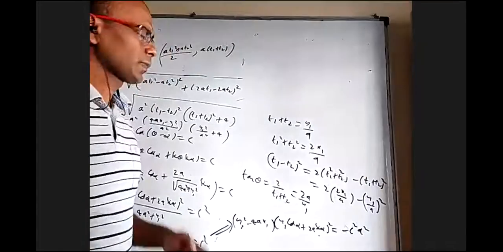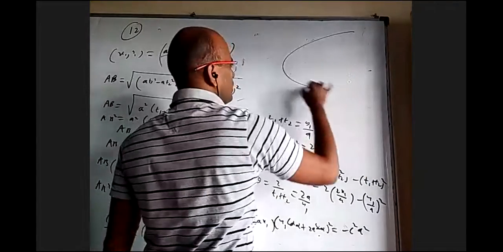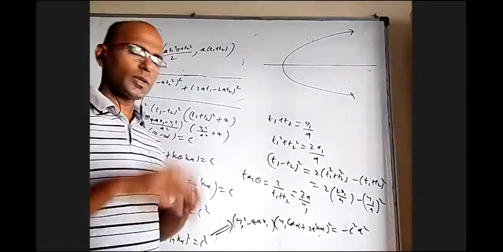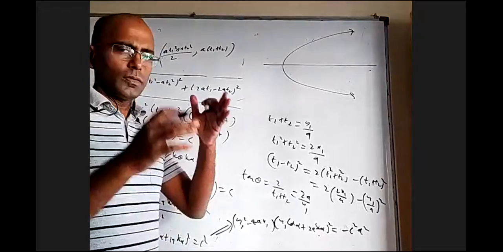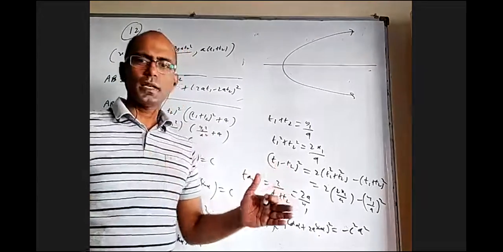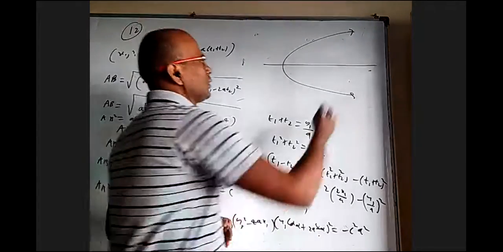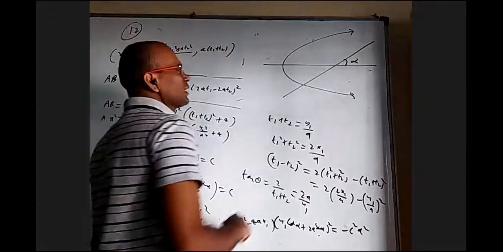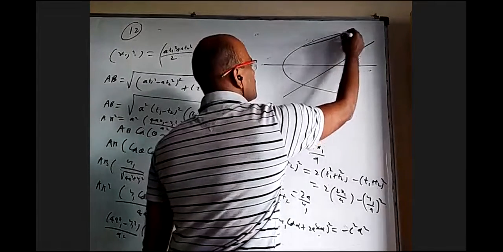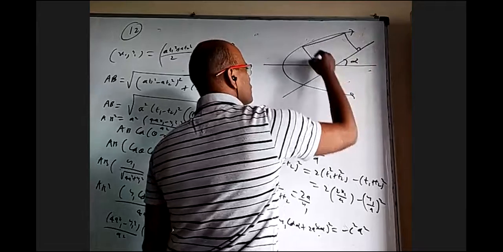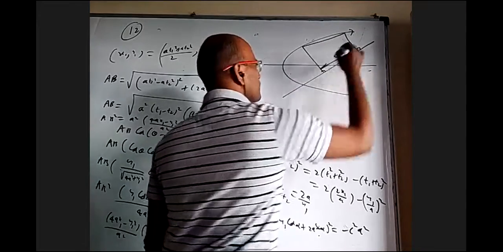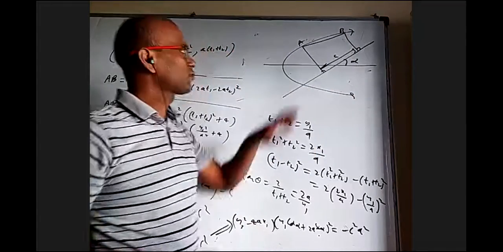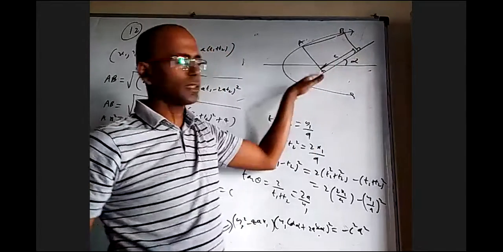Okay, the question is, I have a parabola. Next, there is a line whose inclination is alpha, but you can take that line anywhere, doesn't matter, because when you take projection on a line or its parallel line, projection length doesn't change. So I have a line whose inclination is alpha. Now there are many chords. Let us take this chord, find foot on this, foot on this. That length is C. The projection of AB on this line means find foot of A on that line, foot of B on that line, that length is C.